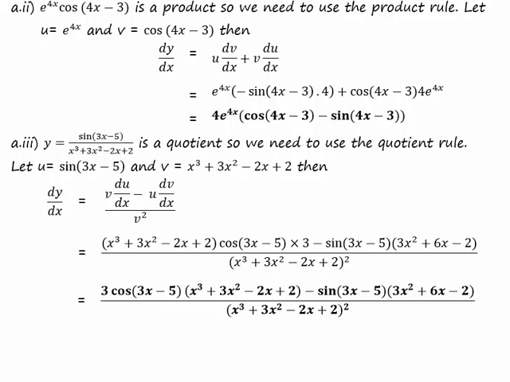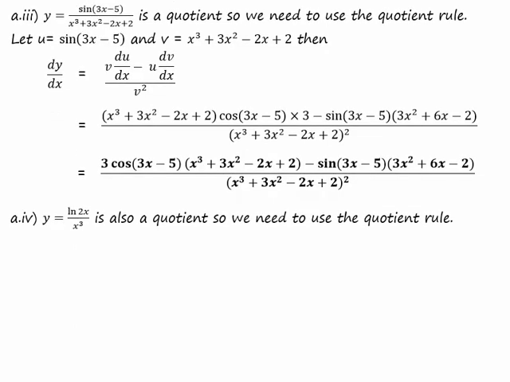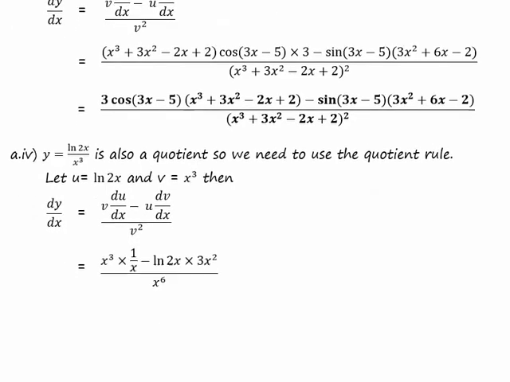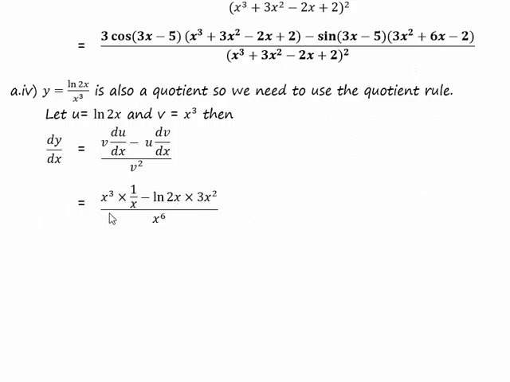Part 4 is also a quotient. So again, the numerator is u, the denominator is v, and dy by dx is v du dx minus u dv dx over v squared. So that becomes x cubed times 1 over x. The differential of log 2x is going to be 1 over 2x, and then you multiply that by the differential of the